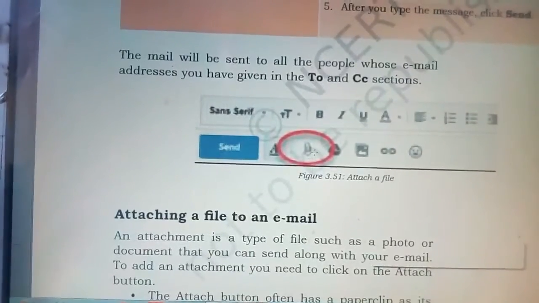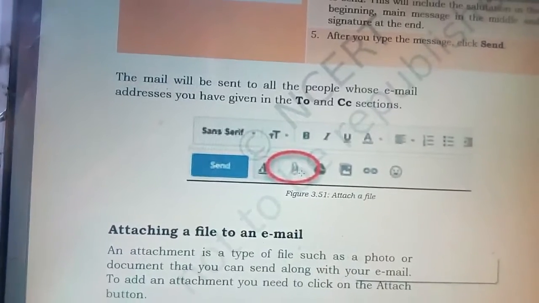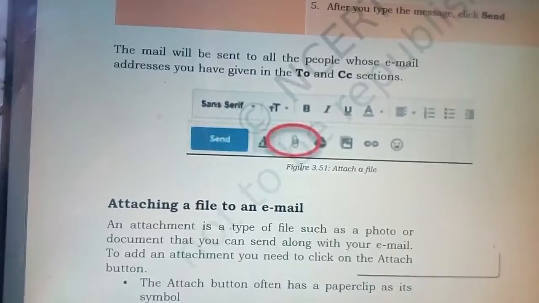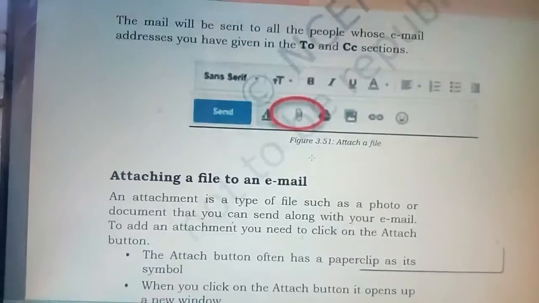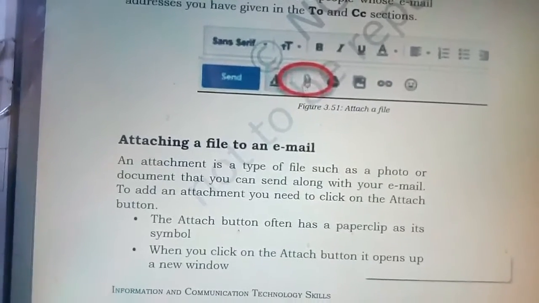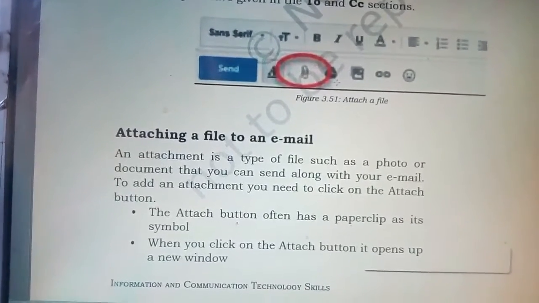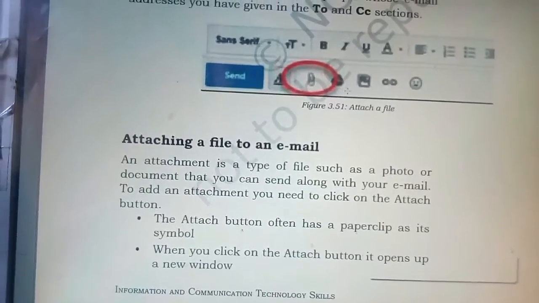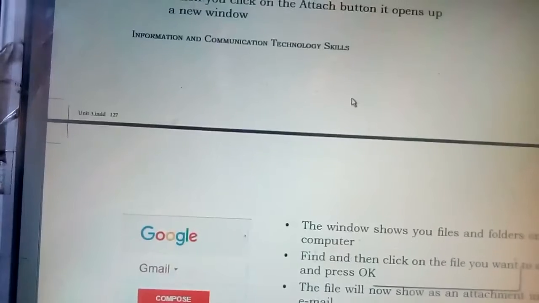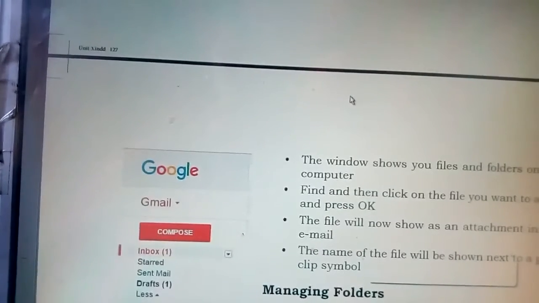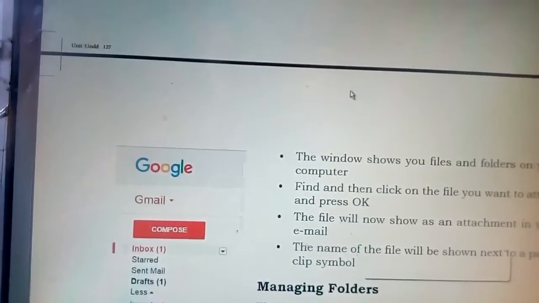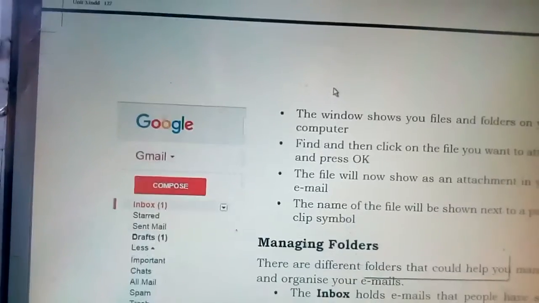When you click on this, it will open the file browser, so you can browse the file you want to attach to your email. When you click on that file, the name of that file will come beside this paperclip icon, and that file will be attached to your email and it will be sent.